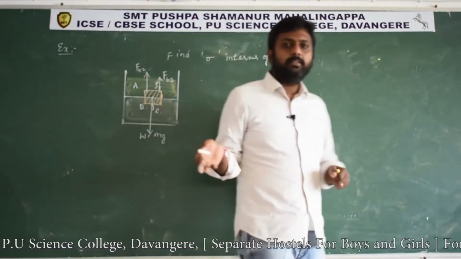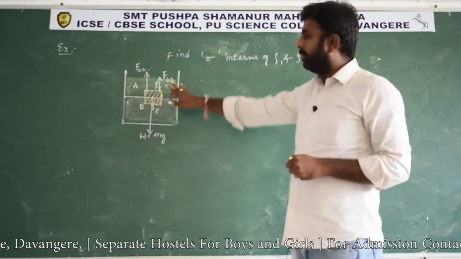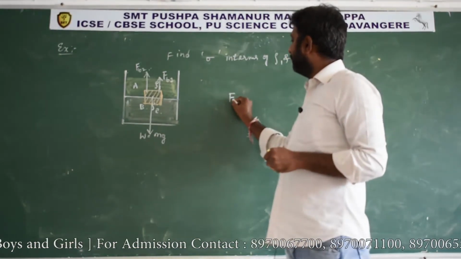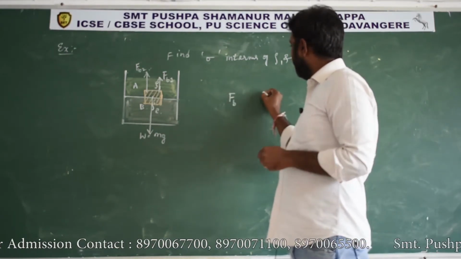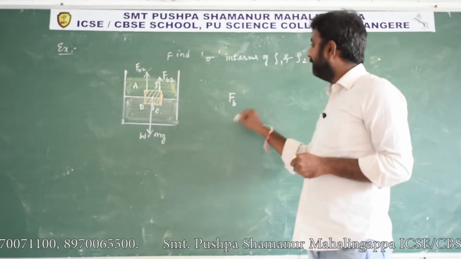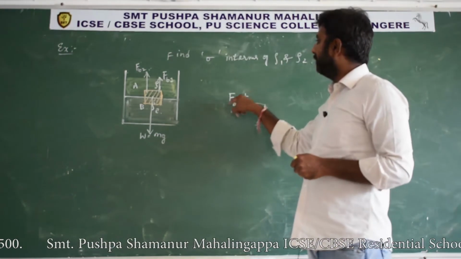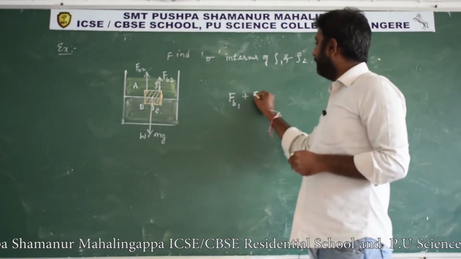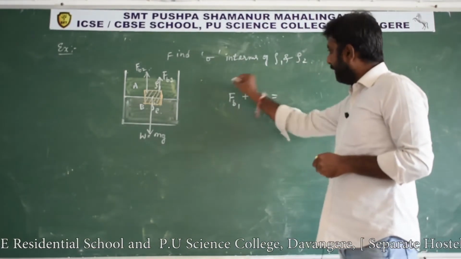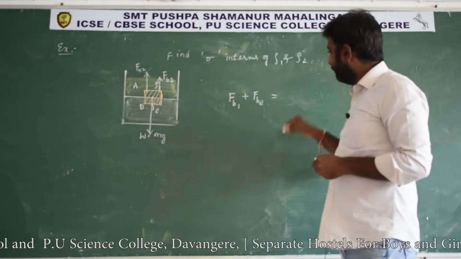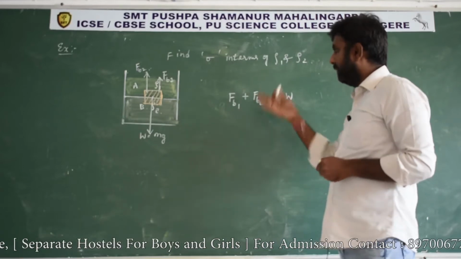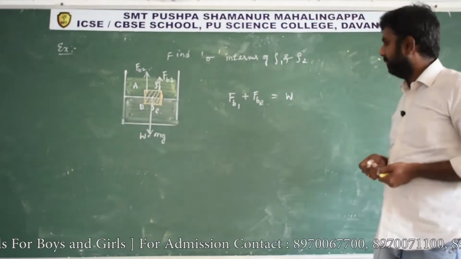Now in the question itself it is given that the object is floating. Object is floating means the force of buoyancy should be equal to the weight of the object. Here we have to consider the force of buoyancy due to the first liquid and the second liquid. This force of buoyancy acting in upward direction should balance the weight of the object. Then we can say that this is nothing but a floating condition.